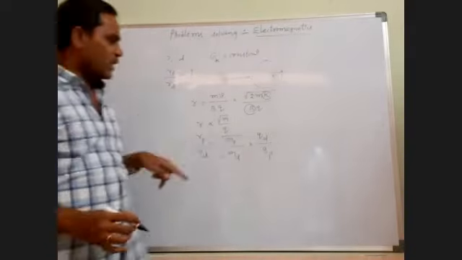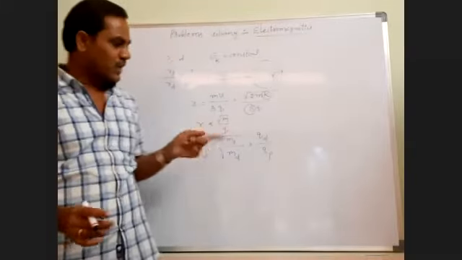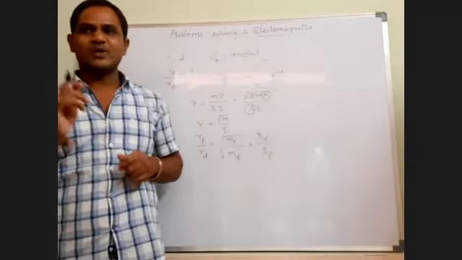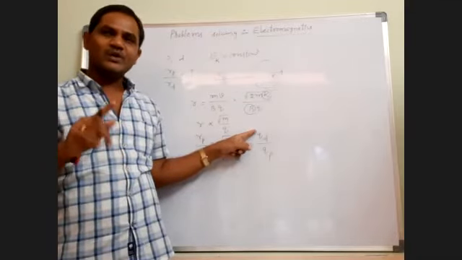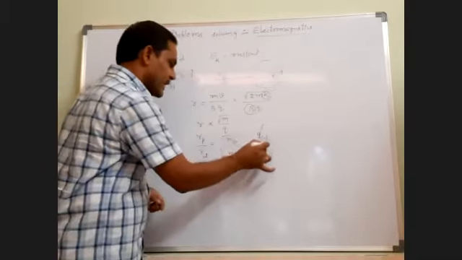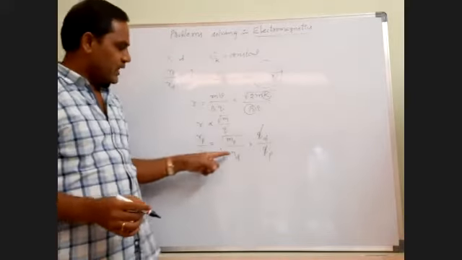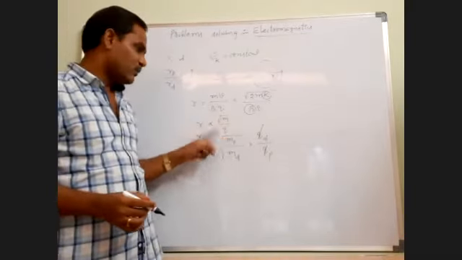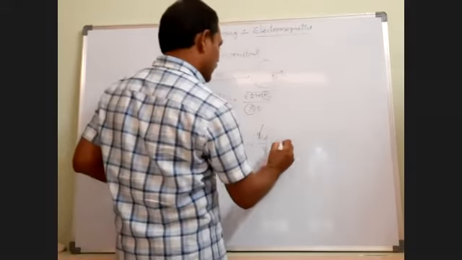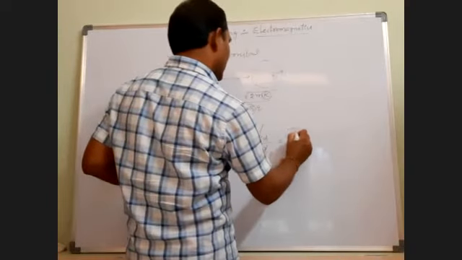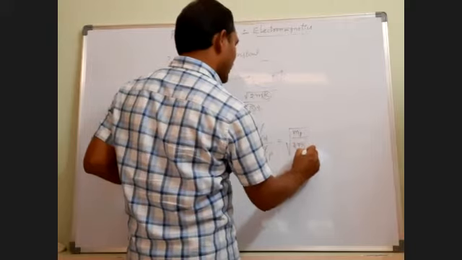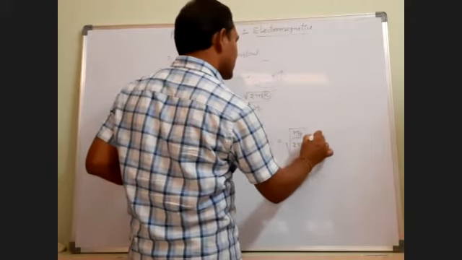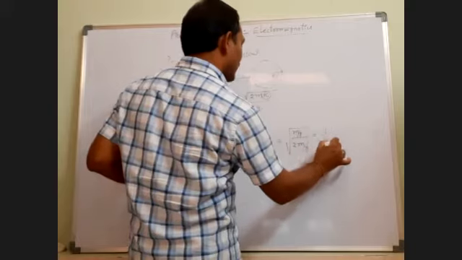So I want to ask one question. Proton charge how much? 1 unit positive charge. What is the charge of deuteron? It is also 1 unit positive charge. So these are cancelled. Deuteron mass equal to 2 times the proton mass. So then we can write square root of mp by md, you can write 2 mp. Okay. So this is equal to 1 by root 2.